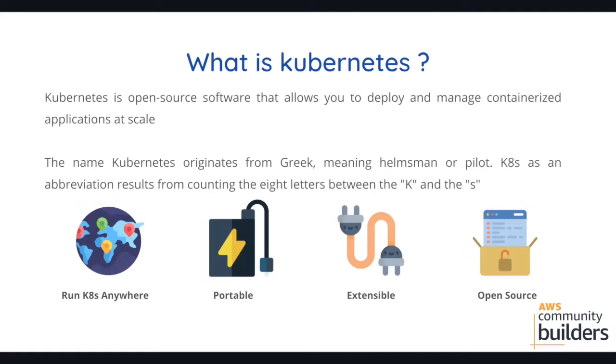The name Kubernetes originates from the Greek word meaning helmsman or pilot. It is very widely used with the abbreviation K8s, counting the 8 letters between the K and the S in Kubernetes. That's why K8s is used as the abbreviation. As you can see in the slide,